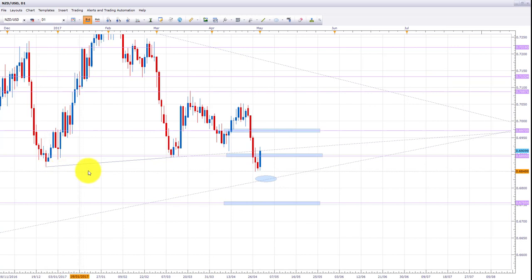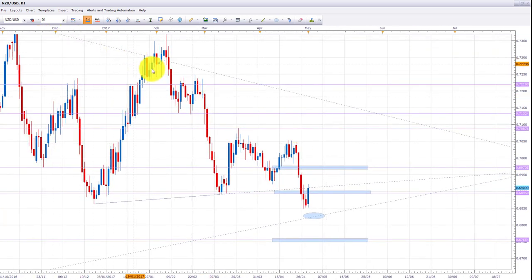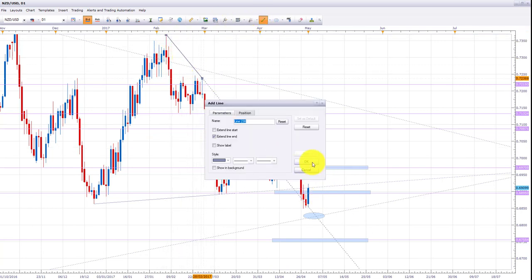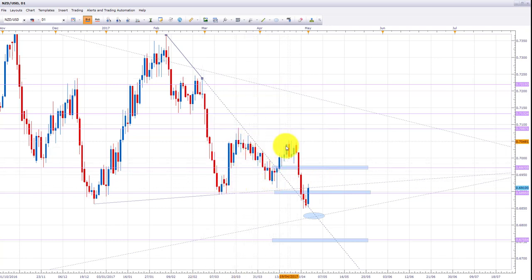New Zealand US dollar. We were in this kind of wedge shape here. We had a major downward sloping trend line here, and an upward sloping trend line here. We did in fact have a trend line here, which was broken out of last week. Sorry, not last week, I think it was the week before. And we were looking for a pullback, and potential longs up to these kind of areas